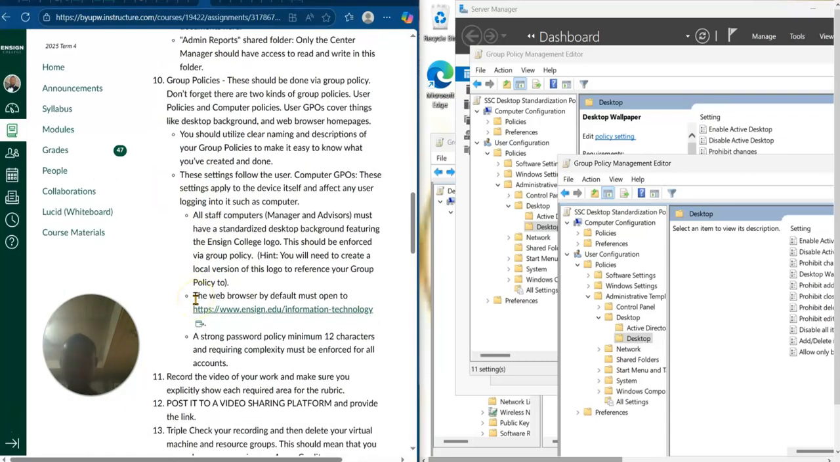All right. So let's look at the next requirements from us. Okay, so I have done the logo. I have the logo which I'll be showing. And then the last one is the web browser by default must open to www.ensign.edu. All right, so that also comes in here, and we